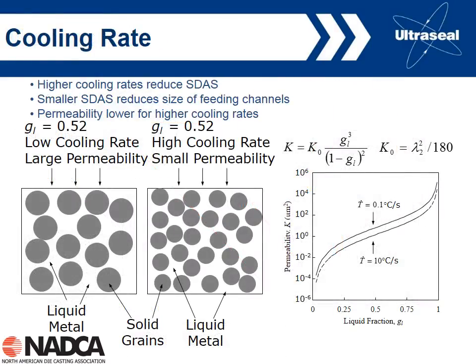We can also look at the effect of the cooling rate on the formation of shrinkage porosity, and this comes down to permeability, or how easy it is to push the liquid through the solidified grains. As we know from metallurgy, the cooling rate has a few effects on the casting. It will form a casting that has smaller grains and smaller dendrite arm spacing. The smaller dendrite arm spacing tends to reduce the size of the feeding channel, and tends to make feeding more difficult. We've shown here on these two diagrams on the bottom left, both are about the same solid fraction,